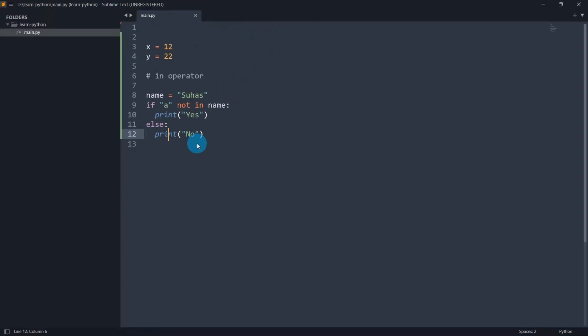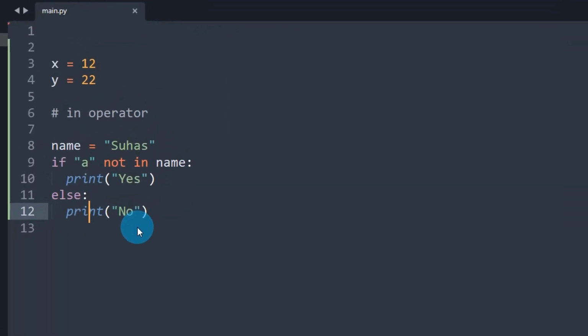No. Correct? We understood the not in operator as well. This is called the membership operator, in operator or not in operator. Okay, good. Now with that we covered all the operators and understood how to write the same in the code.